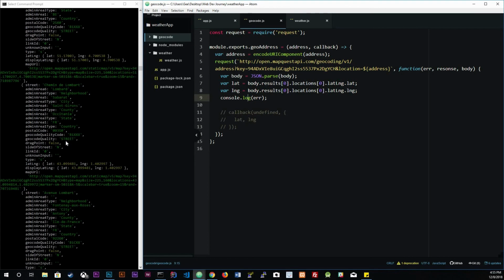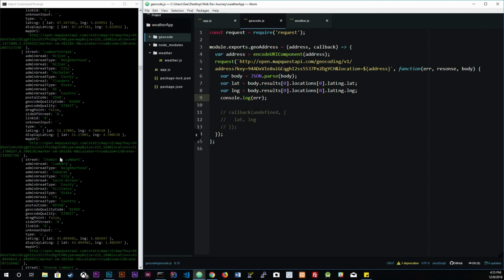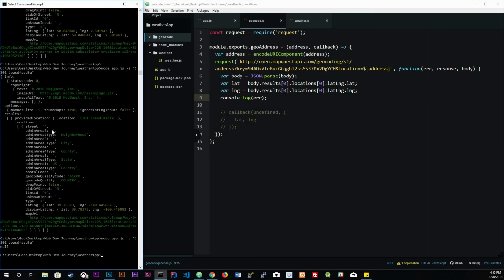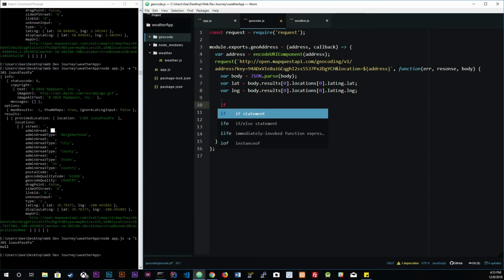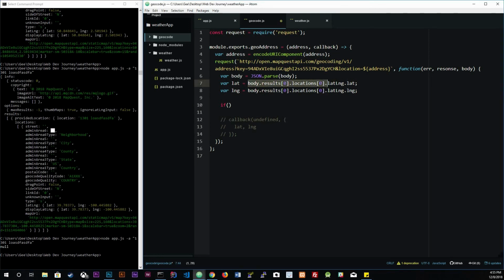As you can see, if you actually look at the street over here, it actually gives us an actual string. And over here, we type in something stupid, we get an empty string. So we're actually going to be using that, okay? Okay. So we're going to say if, and we actually have to pull this out, but it's easy. Actually, it's in here. It's in locations, right? And it's called just street. So if street,